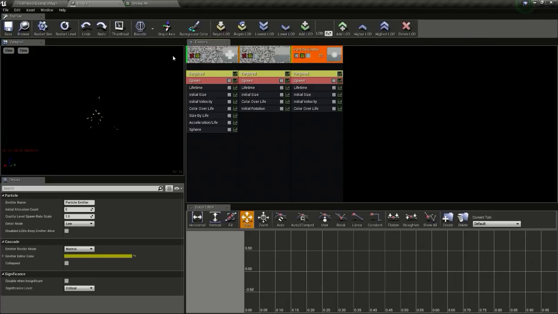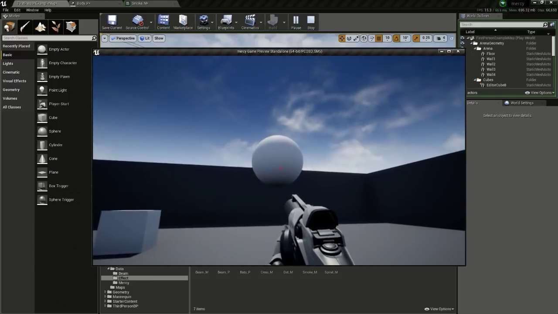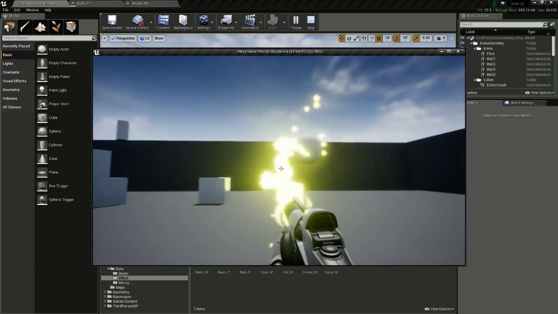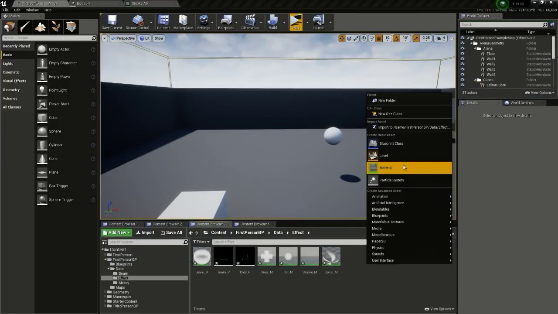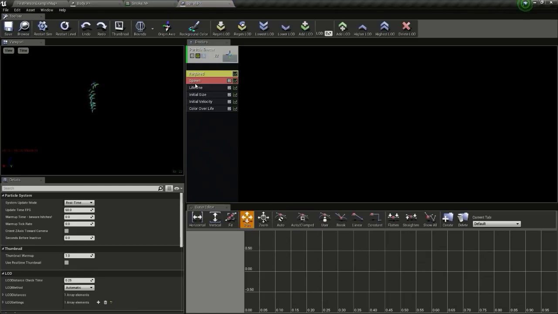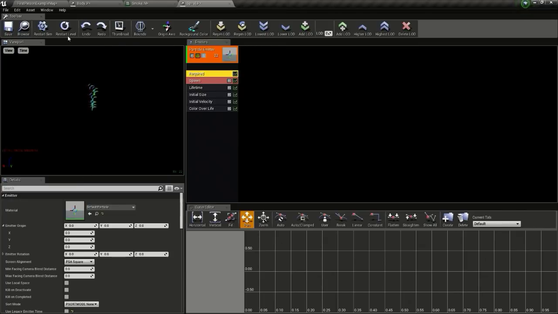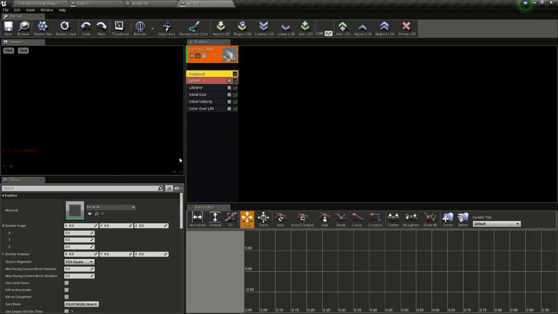Now we will create the spiral particle like the one you can see on the gun. So to create that, right click, particle system, spiral underscore P, then open it up. Then we will change the material to the spiral. Now go to record,